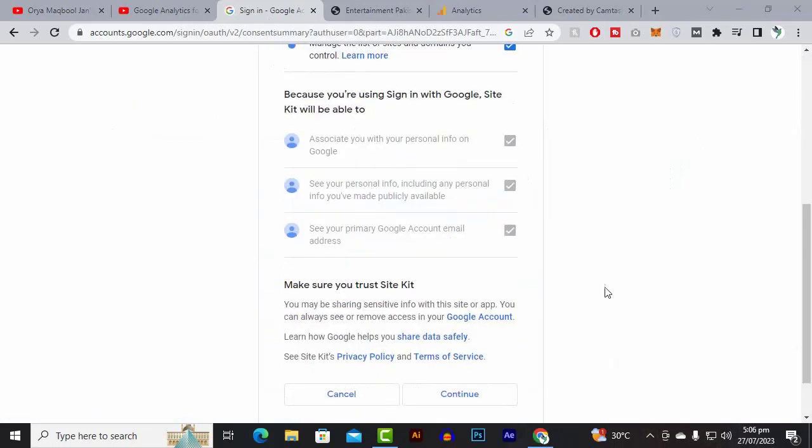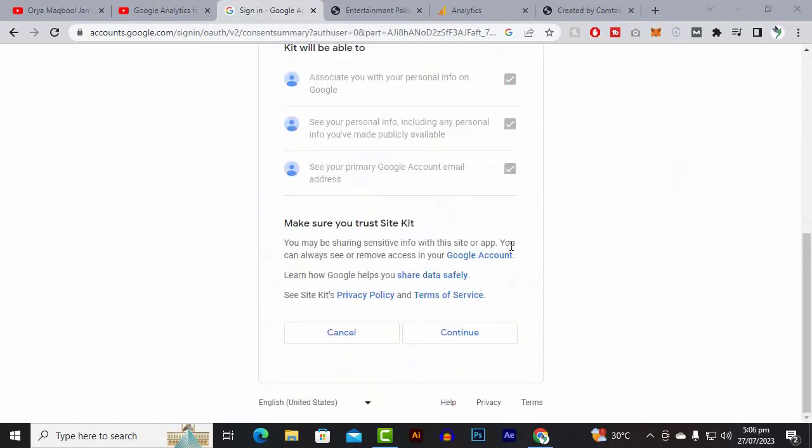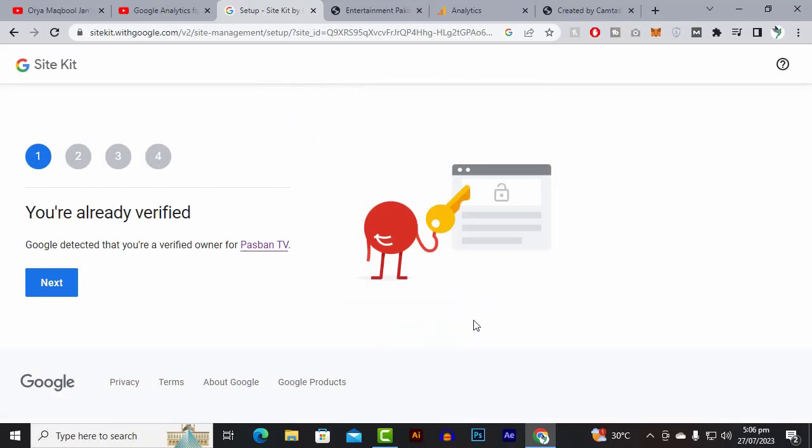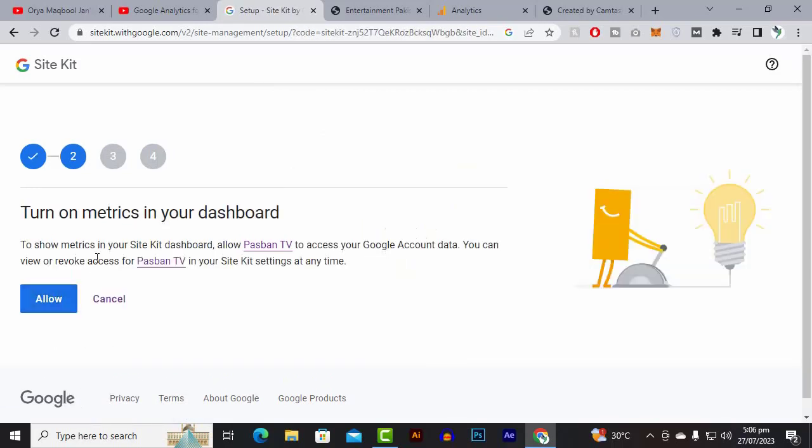Now we will enable everything here, select all to allow everything, and click on continue. This plugin is from Google, so you can trust it. Now you can see that everything is almost set up. You're already verified. Google detected that you are a verified owner of Pakistani TV because we have verified the site with Webmaster Tools. So just click on next, turn on metrics on your dashboard, allow,